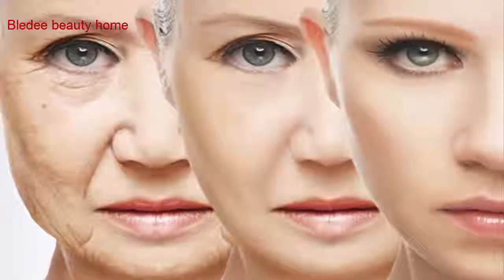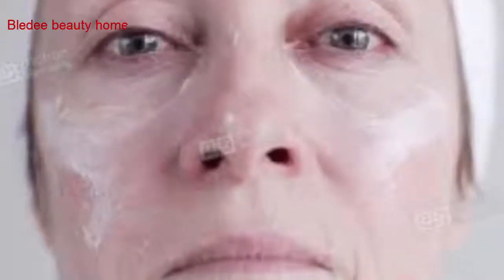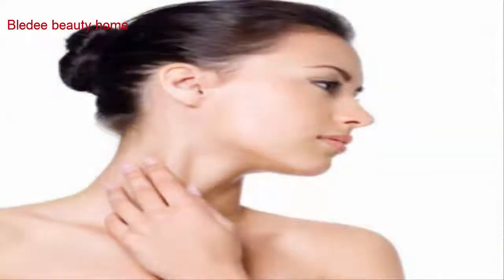Today I am going to talk about how to look 10 years younger than your age with home remedies. Look 10 years younger than your age. Everyone wishes to look younger than their actual age, trying hard to maintain it. As we grow older with time, wrinkles, fine lines, dark spots start appearing on the skin. It's not possible for us to go back in time, but it is possible to make the skin look younger